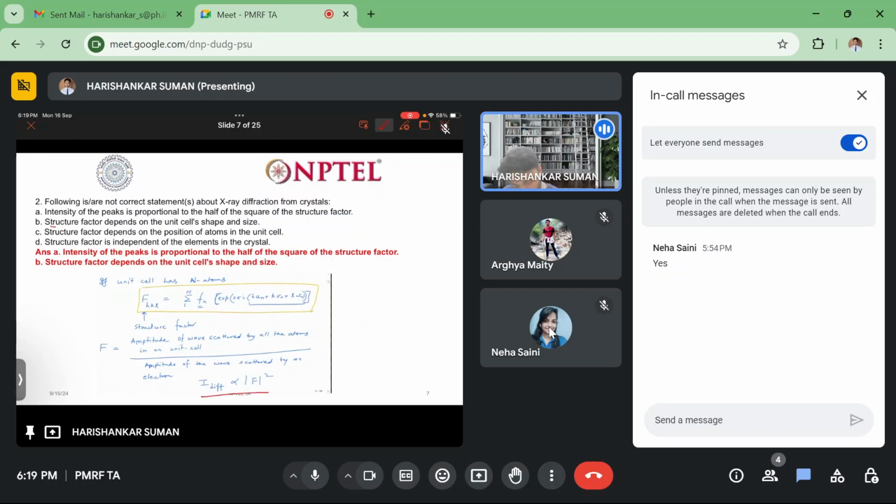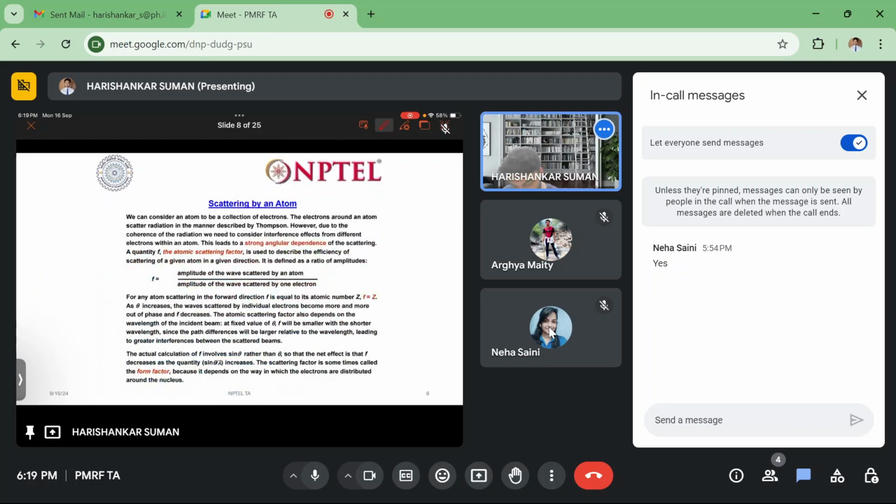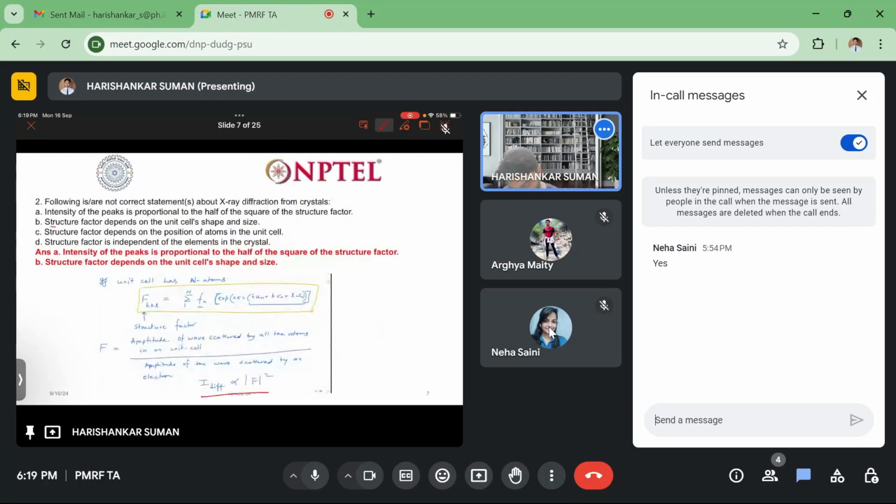So intensity is directly proportional to the square of the structure factor, and we can also see small f. This is included, the atomic structure factor,